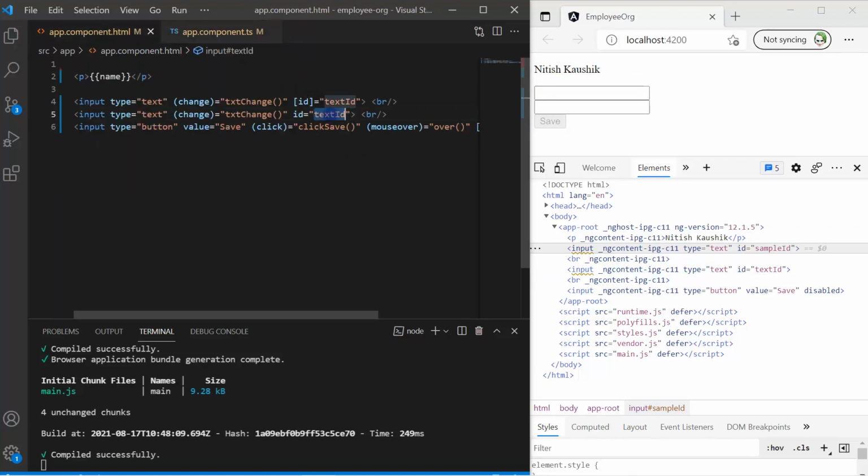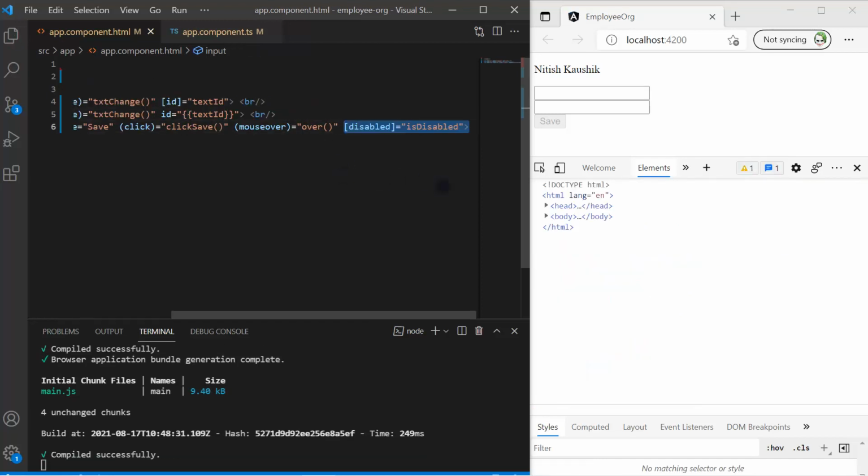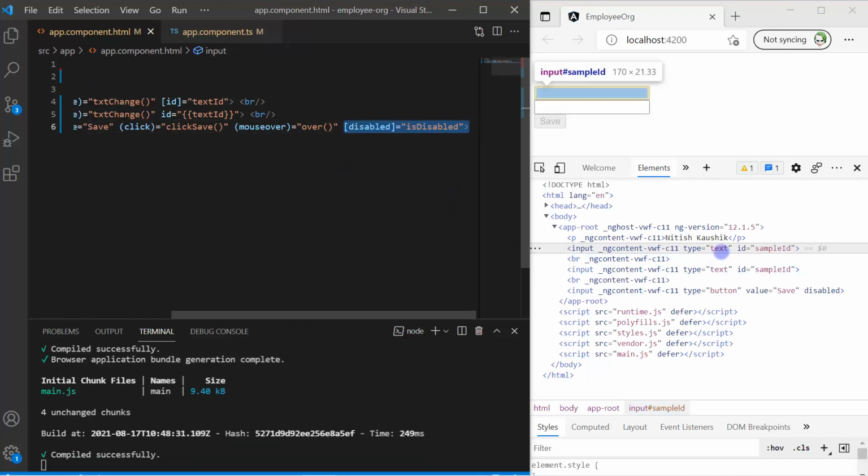So for that we can use the interpolation also. If I cut it like this and paste it again, save the changes. You can notice that the ID of both the text boxes is this sampleId. So if your work is possible by using the interpolation, then you can use the interpolation over here. But if you think that you need to work on some other type other than the string, then you must use the property binding.